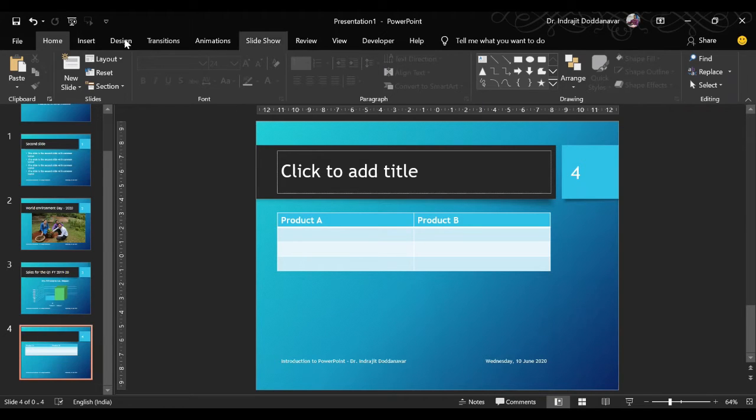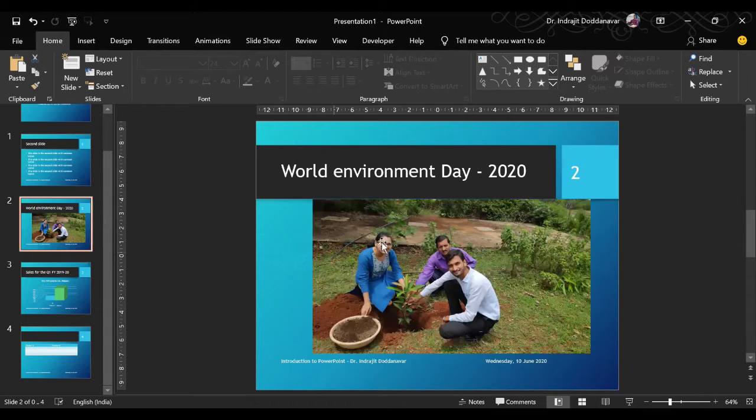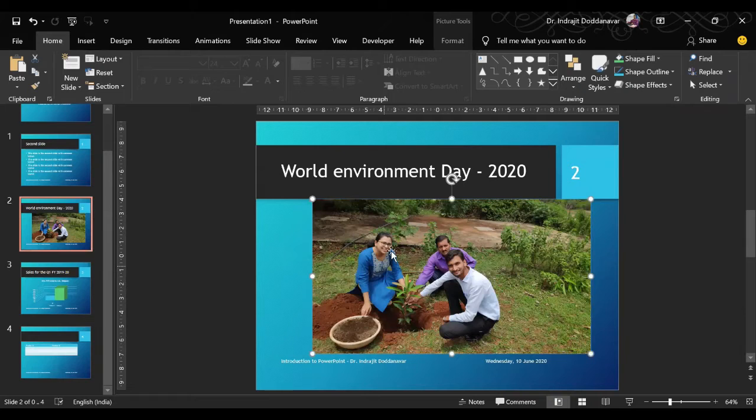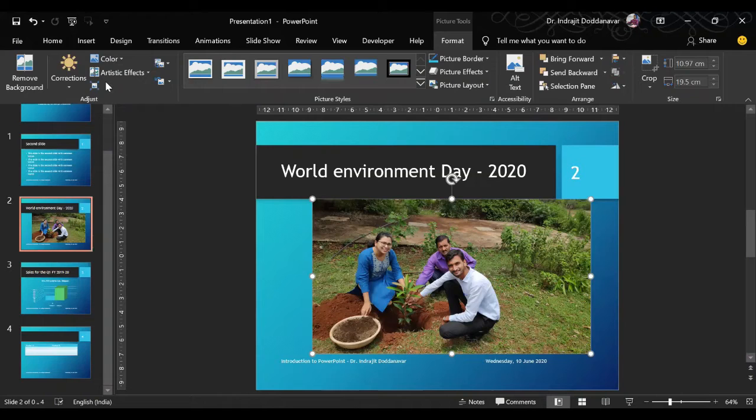Whenever you open PowerPoint, these menus are standard, but as and when I have inserted this photograph, when I click the photograph, there is one more option which opens called format. This format will help us to modify the photo, to change its color, change its shape, change the border, and cropping can be done.